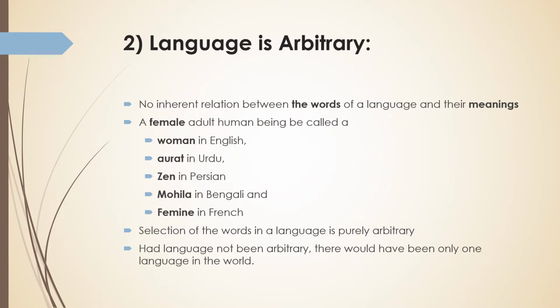So, what is arbitrary? Arbitrary is what is not fixed. Not fixed means that which is not constant for all of the people all around the world. Language has no inherent relation between the words of a language and their meanings. For example, if I say mango, mango is a word, but the object to refer to this particular word,